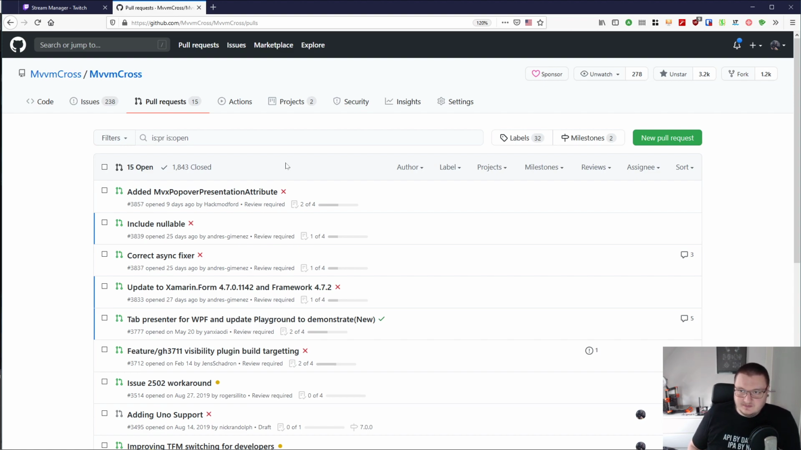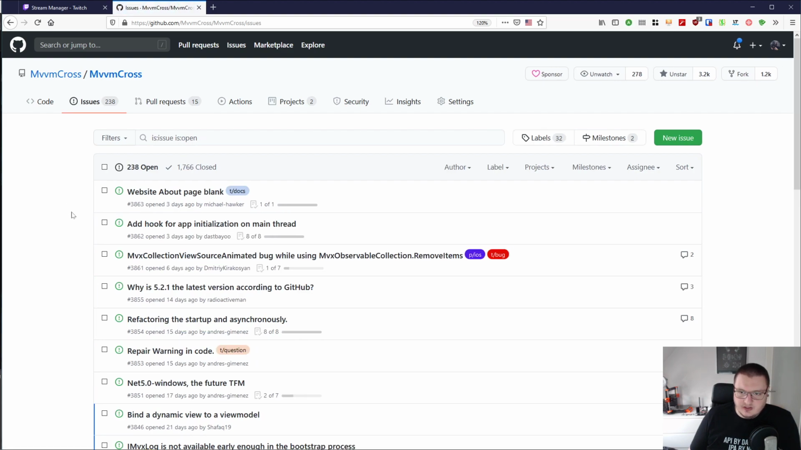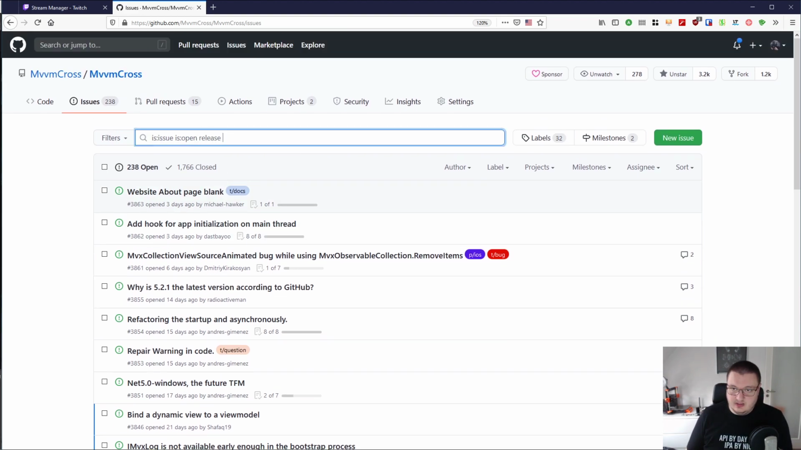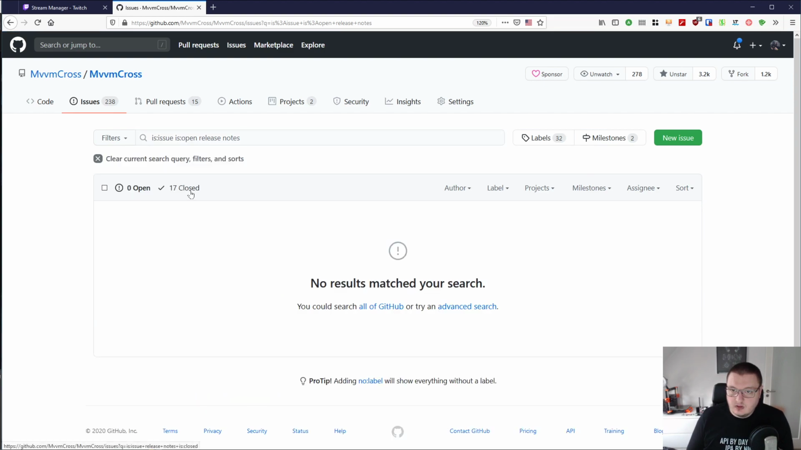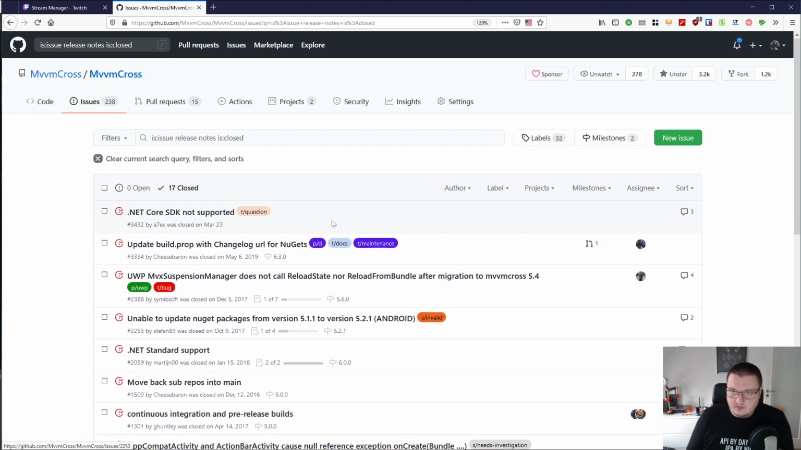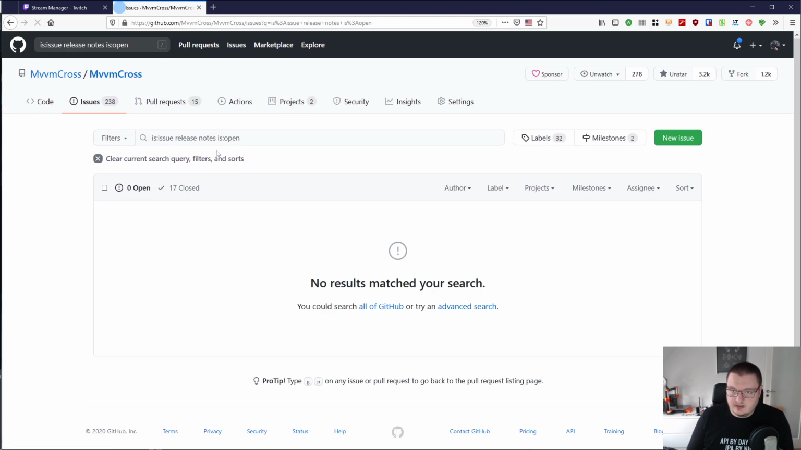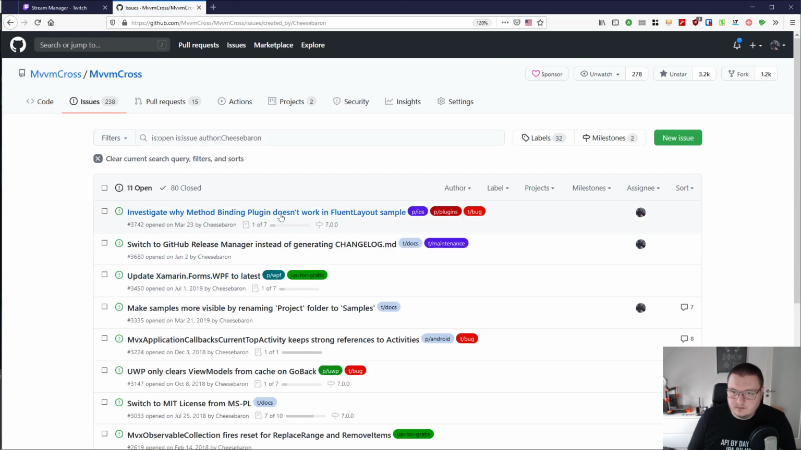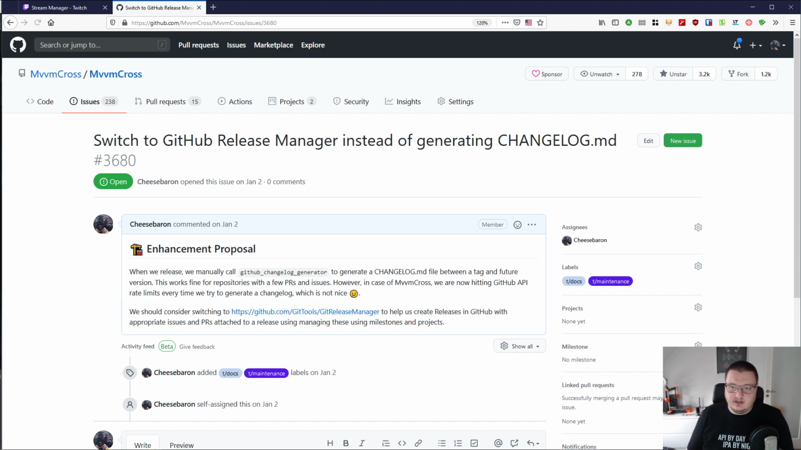Yeah, let's see if it works. Otherwise, I think I did create an issue a while back about release notes, to maybe change to a different release note system. So I'm not sure where it is. I think it's still open. Let's filter for me like this. Yeah, so that's this